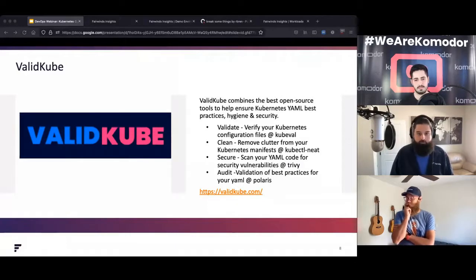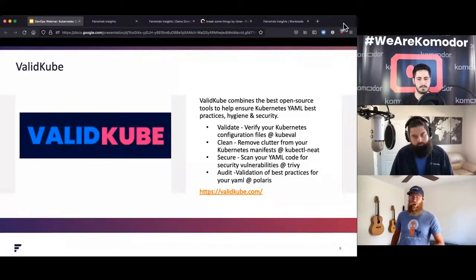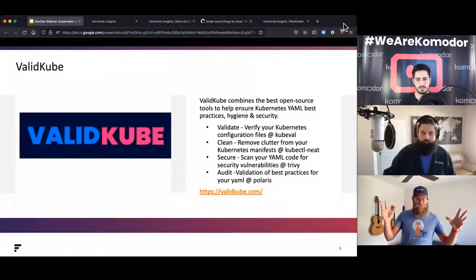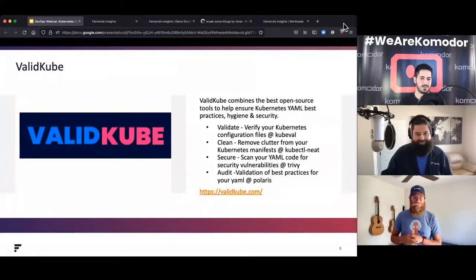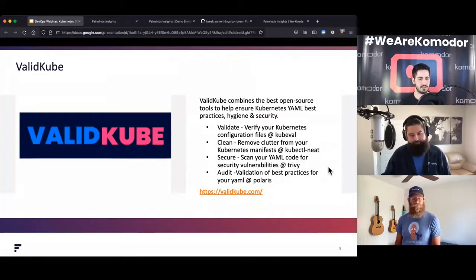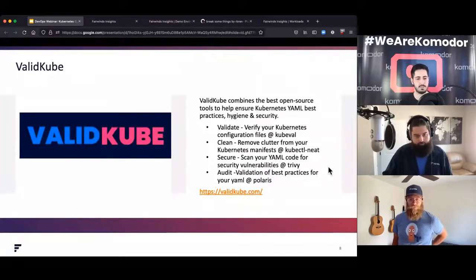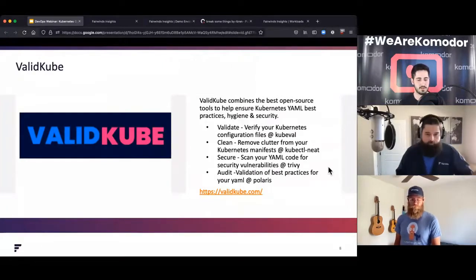Okay, great. You eventually get a passing score that you've fixed all the things? Like the problems are all gone, you don't get any errors, yeah. It depends on the tool that you use. You can integrate any tool in ValidKube as a CLI, and you get just YAML as an input. You can integrate every tool.